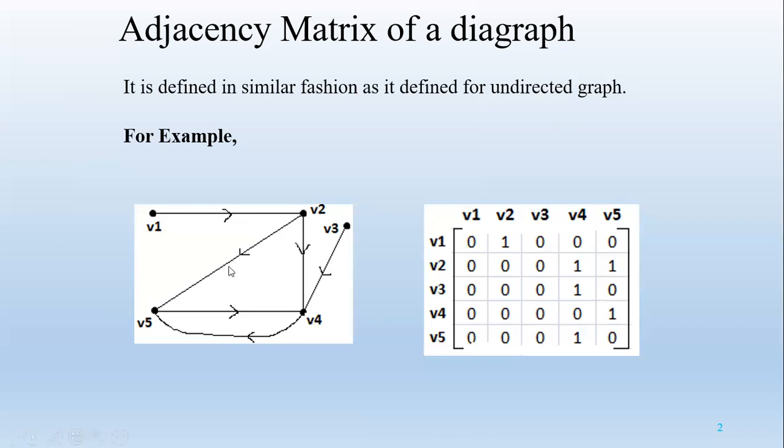Here, how many vertices are there? 5 vertices. Therefore, the order of this adjacency matrix is 5 cross 5. First, we write the matrix with V1, V2, V3, V4 and V1, V2, V3, V4. This is a 5 cross 5 matrix because the number of vertices is 5. Therefore, the order of the matrix is 5 cross 5. How can we write this matrix? First, V1 to